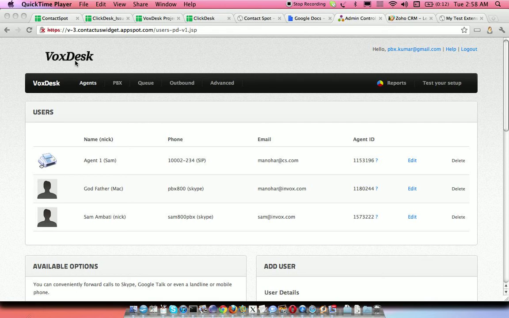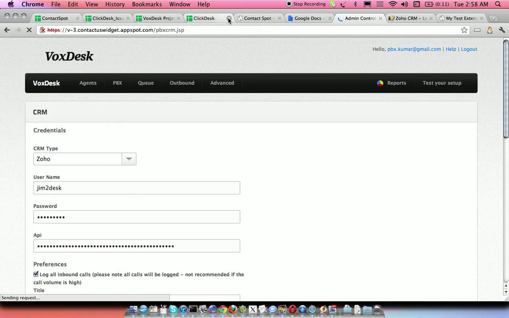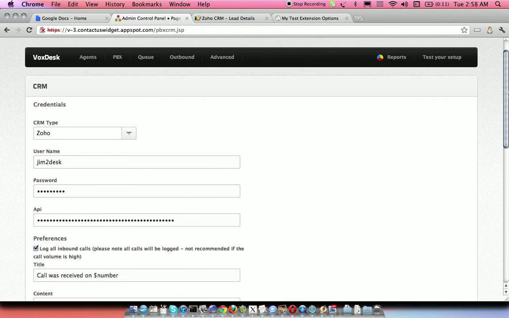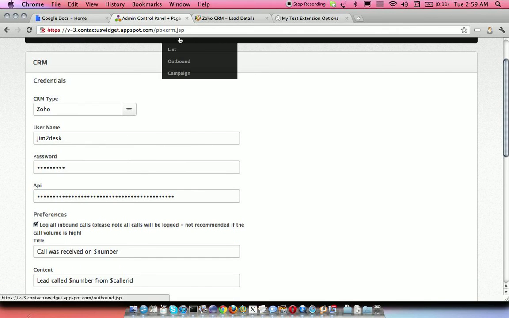In this tutorial, I'm going to show you how VoxDesk integrates with your CRM. So I would first start off with the CRM settings. So I would probably go to the advanced section and scroll down to the CRM section. Right, so as you can see, once I'm into the CRM section, you would see the type of the CRM